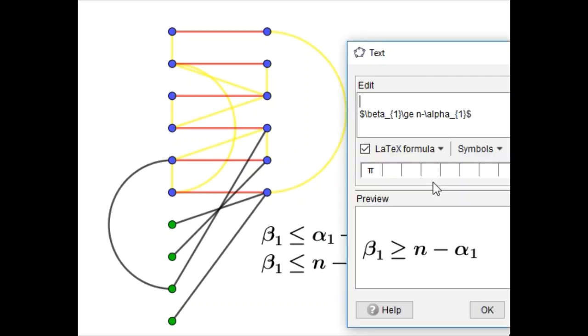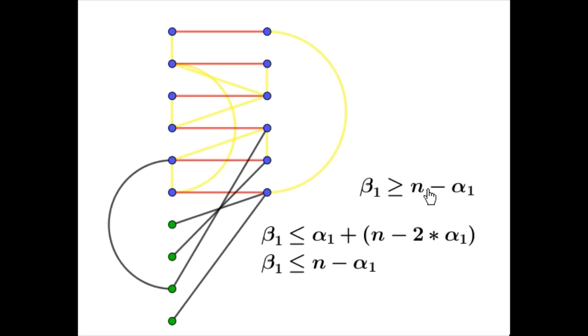So let's try to prove this by the proof by contradiction method. Let me assume that this particular statement is false. So that means we can say that beta 1 is equal to n minus alpha 1 minus 1. In other words, it's possible to get an edge cover with n minus alpha 1 minus 1 edges. In other words, whatever we have got here, we can remove an edge from it and still we will be able to cover all the vertices. That is the idea of this particular statement. So let me try this.